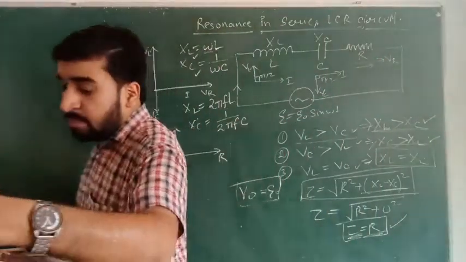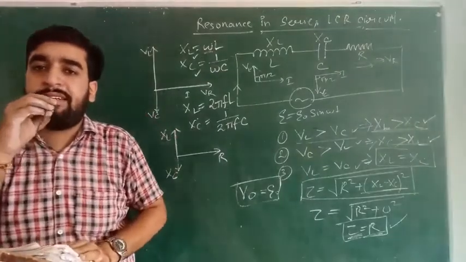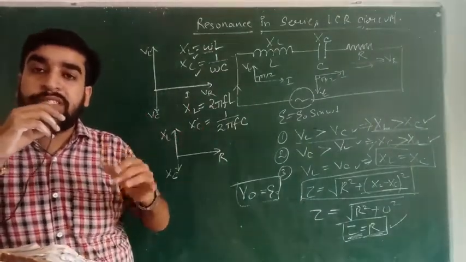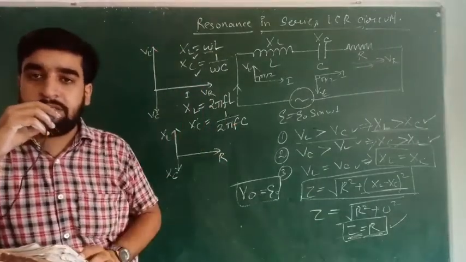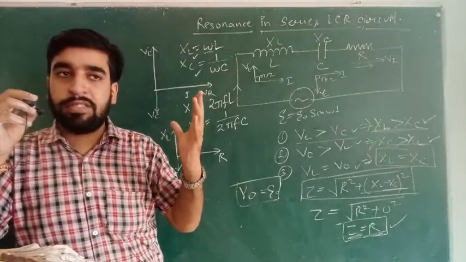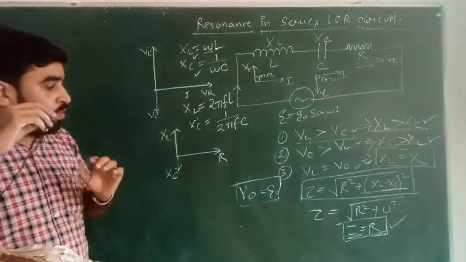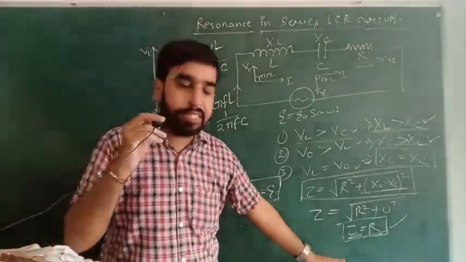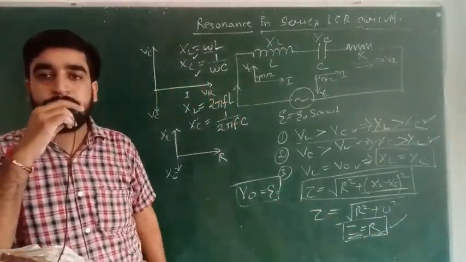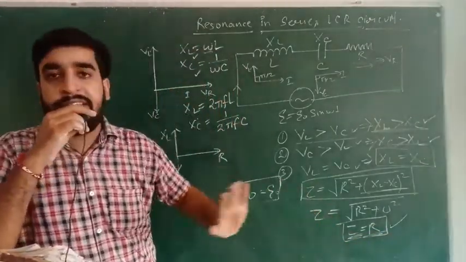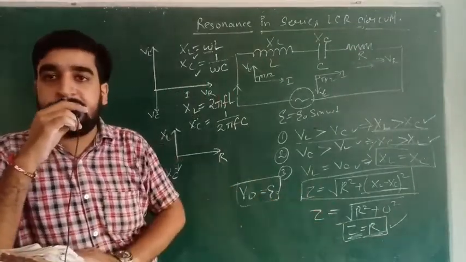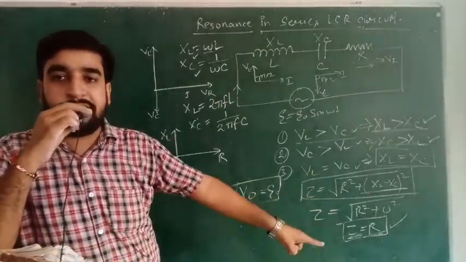Fine. But what is the effect physically on the circuit? We will come to know that this is the condition of resonance. Why have we given this a name like resonance? Already we have discussed that the impedance of this circuit is going to be minimum. It cannot be less than the resistance at any time. Impedance cannot be less than the resistance. So now impedance is equal to the resistance.